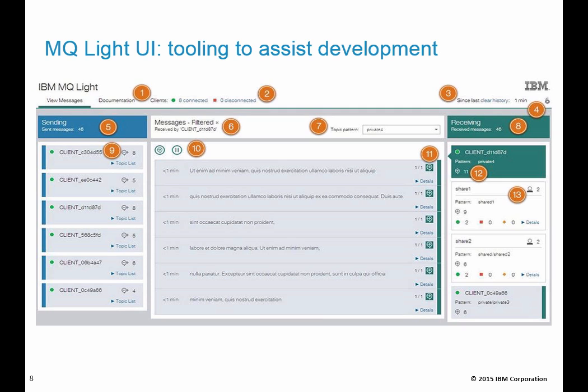4 talks about the username and password. 5 is the area where you can see the sent messages and by what sender. 6 is a drop-down in which you can filter by specific clients. 7 is where you select the pattern that you want to look at. 8 is the area that points to the